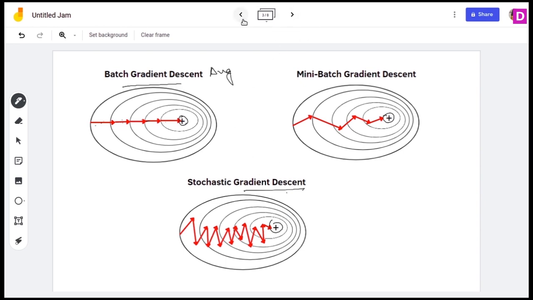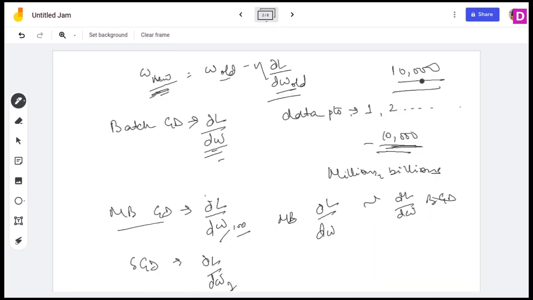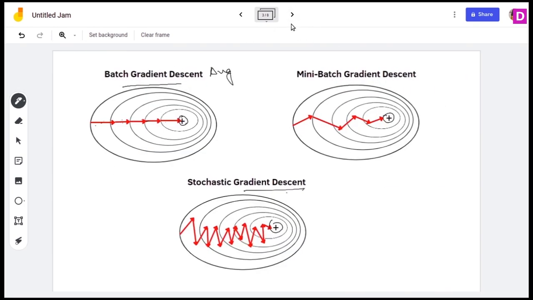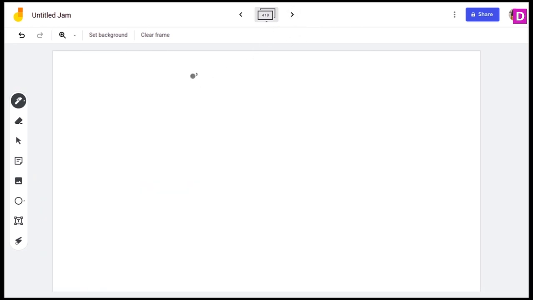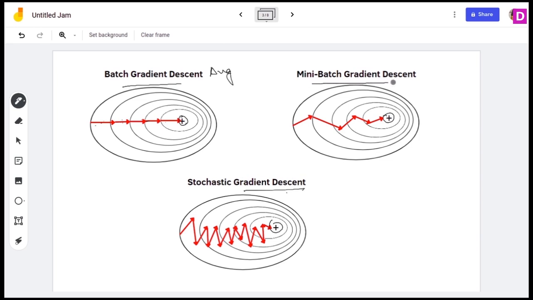So what can we do so that we don't have to use so many data points and it doesn't require so much time, but at the same time we cannot be this haphazard? We use stochastic gradient descent or mini batch gradient descent, whichever, with momentum. The new term that is added is the momentum term. By the way, I forgot to mention, mini batch gradient descent is the most used among all these three. That is understandable because it is not that haphazard and it does not take that much time.